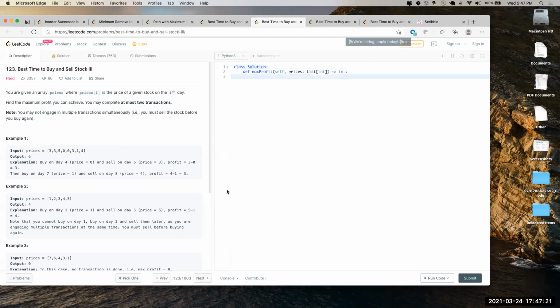But you need to maximize your profit over 2 transactions. And this is saying at most 2. You can still have a single transaction. Right? So we will draw. If you have one transaction that results in a profit, and no other transaction after that results in a profit, then that's it. You're given an array prices; find the maximum profit you can make with at most 2 transactions. Here it is buy on day 4, sell on day 6. Profit is 3. Then buy on day 7, price is 1 and day 2. Okay, so 123. This is 3 3 5 0 0 3 1 4.